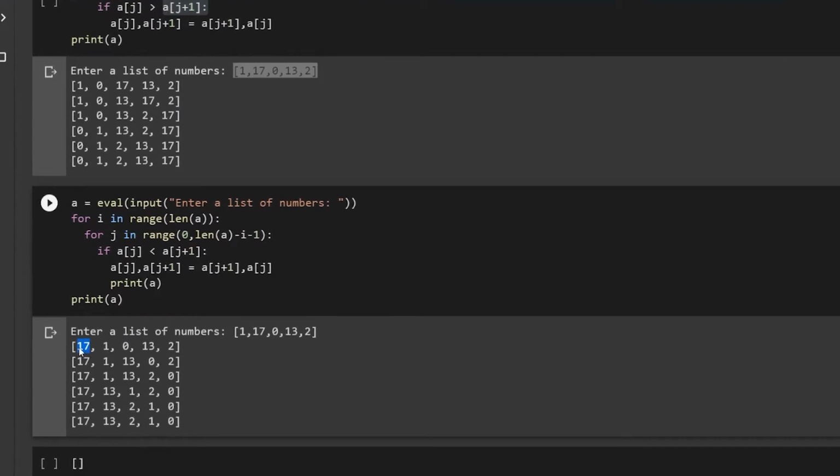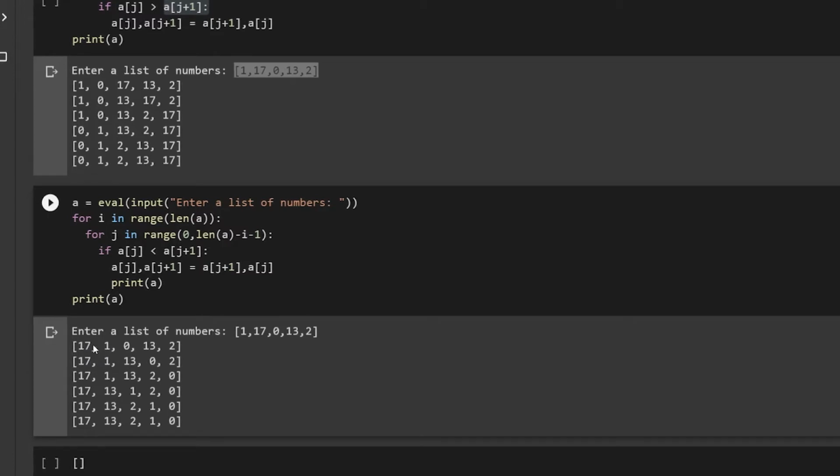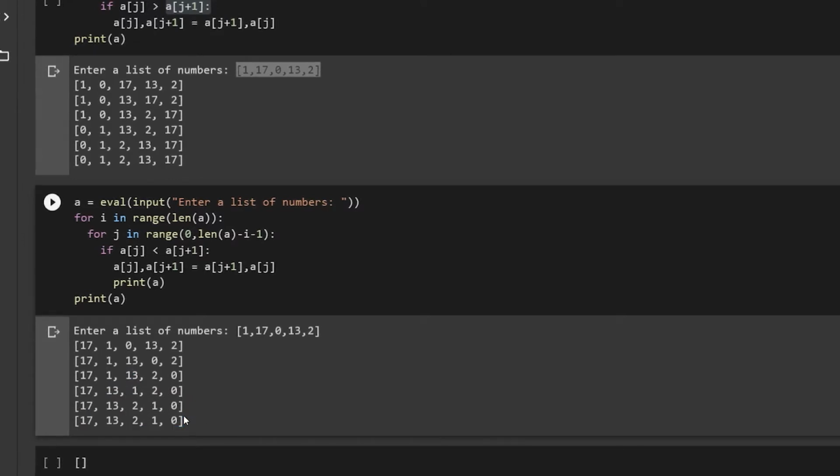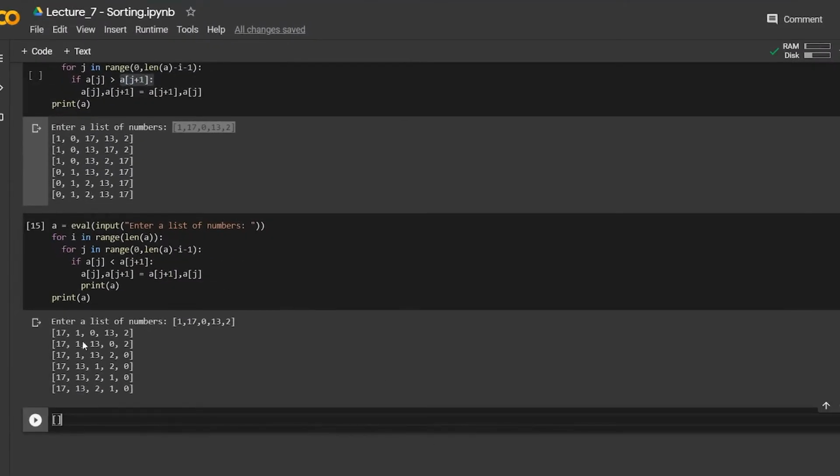Okay, so the change is basically, we check now whether this number is lesser than the following number. So that's what we're trying to check. If it's less, we're going to swap. So 17 is not less than 1, so we're not swapping. As the loop goes on, we find that 0 is less than 13, so we swap them, and we also find that 0 is less than 2, so we swap them, and we move back, we check that 1 is less than 13, so we swap them, and we also find that 1 is less than 2, so we swap them, and at the end the list happens to be in